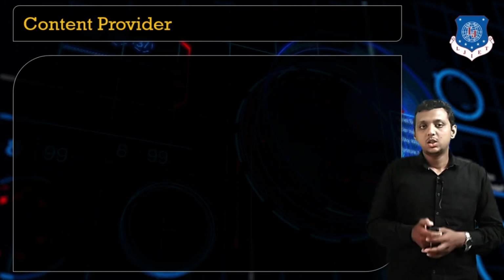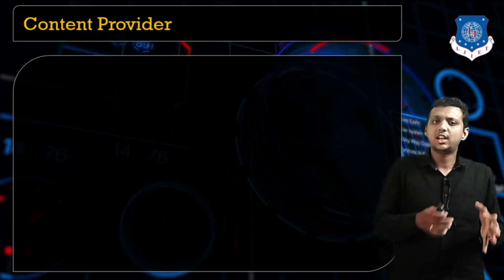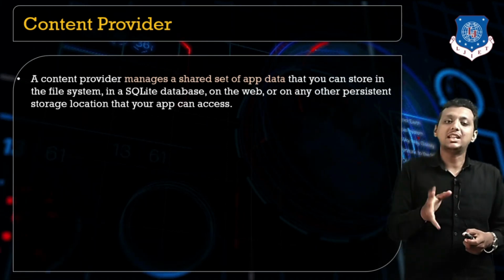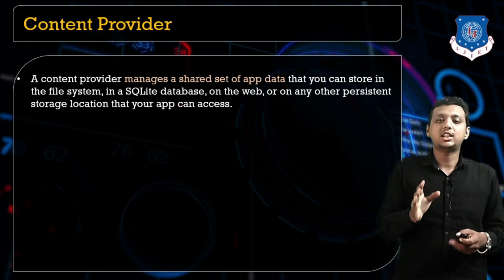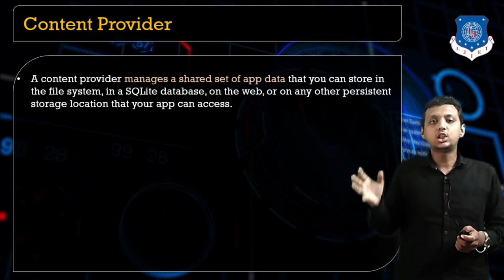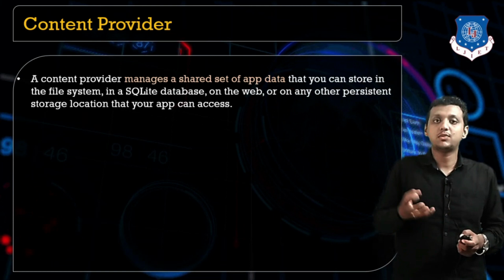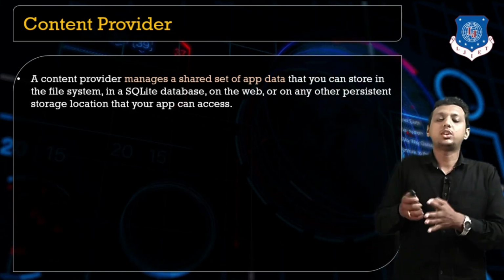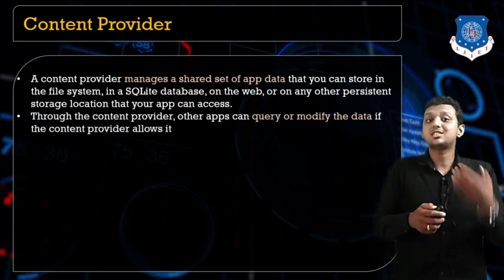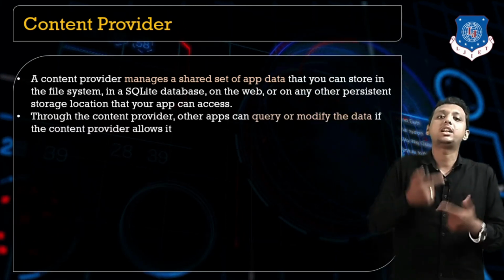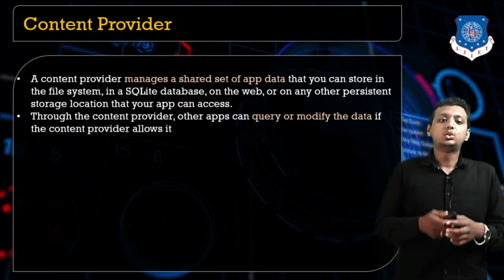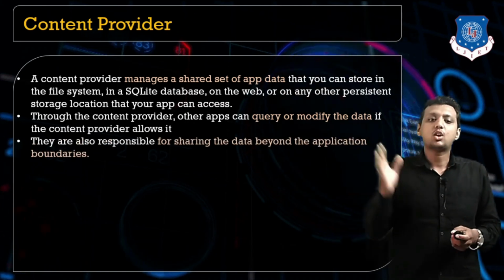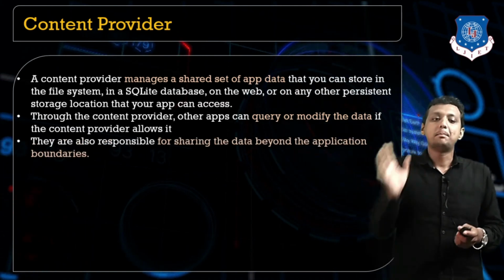Next, the content provider. When you want to share data from one application to another application, you need a content provider and the content resolver. The content provider manages shared data between two applications. An application needs to have a content provider to say, I want to share this type of data with this particular application. It stores the data in databases, and the content provider supports CRUD operations: create, read, update and delete. Through the content provider, other apps can query or modify the data if they want, and it is also responsible for sharing data beyond the application